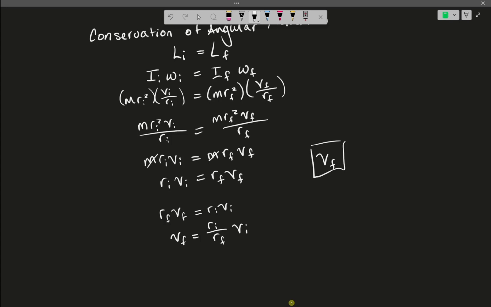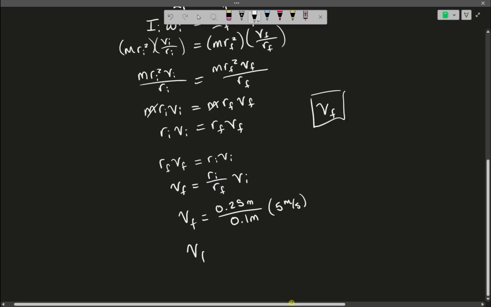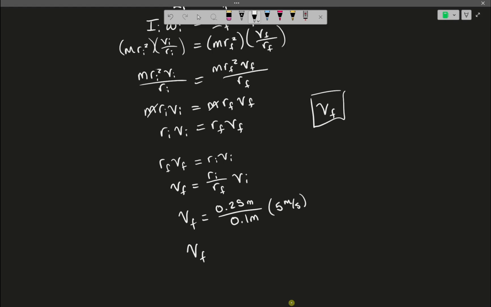So all I need to do now is just plug in my numbers. My initial radius was 0.25 meters, and this will be divided by my final radius, which is 0.1 meters. And I'm going to multiply that times my initial velocity, which is 5 meters per second. And I will get a final solution of